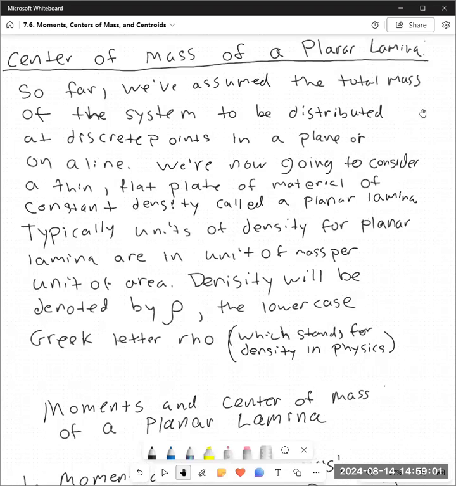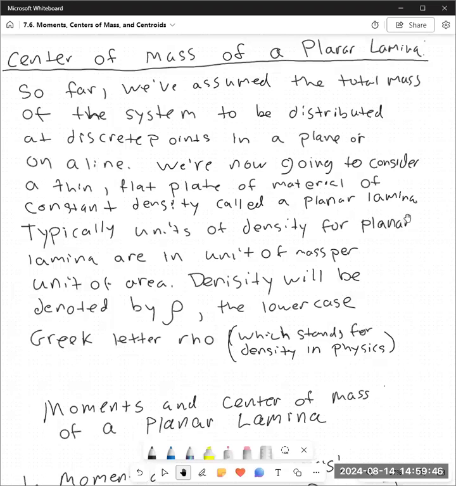And we're going to get this idea of using area between curves and so on, like we have done from chapter 7 so far. So far in this section, we've assumed that the total mass of the system was distributed at discrete points in a plane or on a line. We're now going to consider a thin, flat plate of material. Think like a piece of paper, a sheet of cardboard, aluminum foil, something like that, that's thin and flat, that's of constant density, and that's going to be